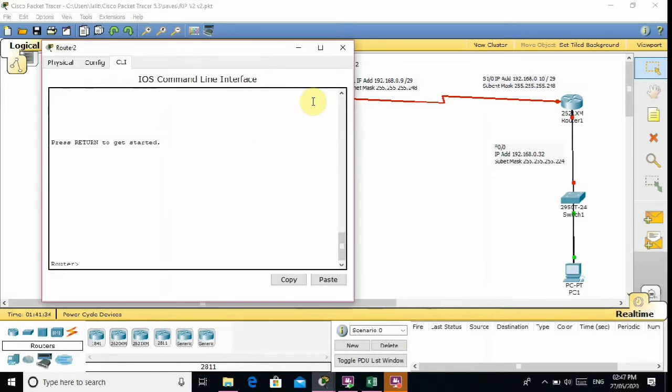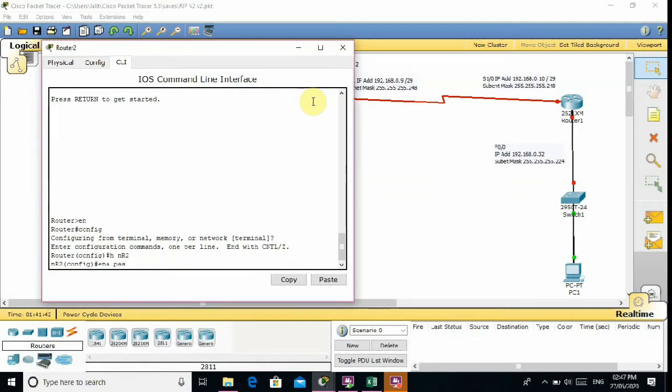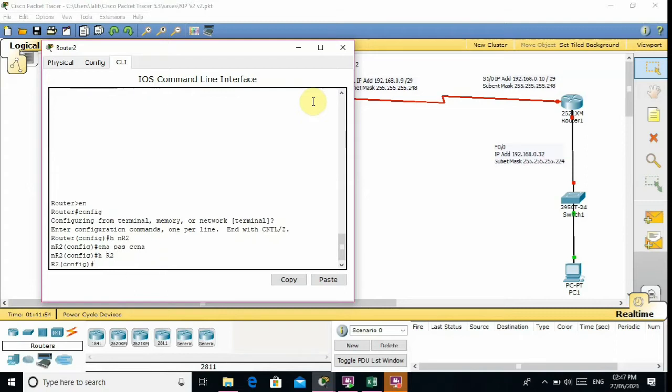Now I went to router second. From user mode to enable mode, and from enable mode to configuration terminal. There I changed the hostname to R2 and gave the passwords. Enable password is CCNA, enable secret is CCNP.